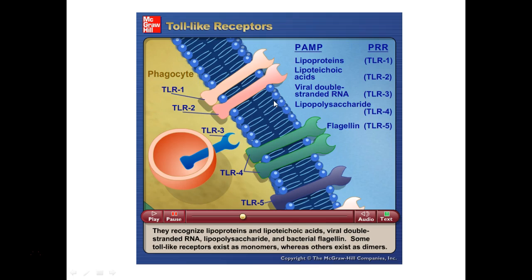We need it inside the cell so that when they engulf it, they can recognize it. But other things like cell wall components or flagella, notice these receptors on the outside of the cell. When these things bind,